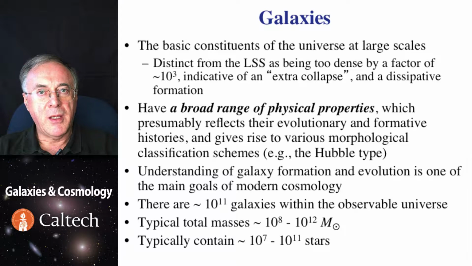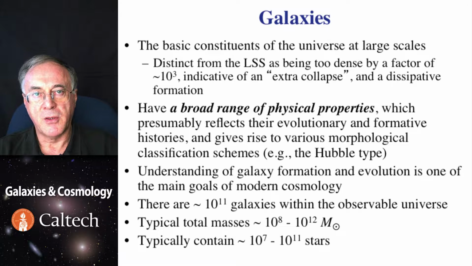baryons. One thing about galaxies is that they have a remarkably wide range of properties, and yet there are some regularities among them. Both the wide range and the regularities are indicative of different processes of galaxy formation and galaxy evolution. In some sense, they represent the fossil evidence of galaxy formation. To the first order, these differences in formative processes lead to the observable differences in galaxy morphology today. And in addition to measuring cosmological parameters, understanding of galaxy formation, structure formation in general, is one of the key